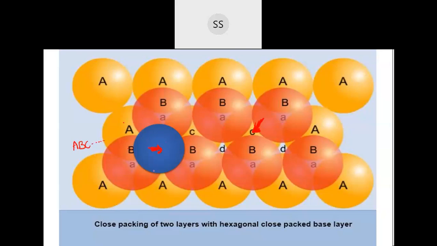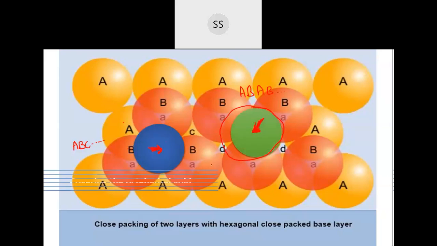So when you place the third layer on the second one, you get ABC. Now when you do the same thing on this side, when you cover the C space, you are covering the tetrahedral void. So when you cover the tetrahedral void, if you see properly, you are placing the atom exactly above the first one, so it will have alignment with the first layer. So this kind of arrangement will be AB and AB type of arrangement.